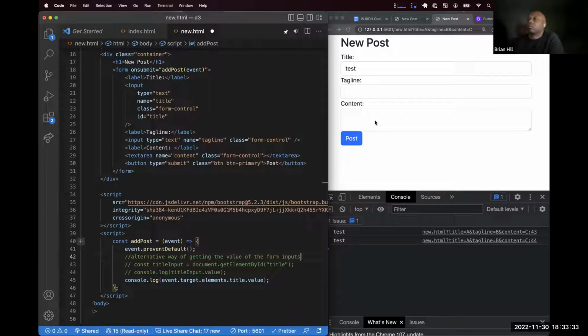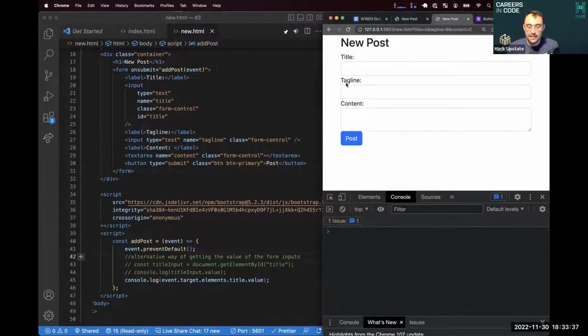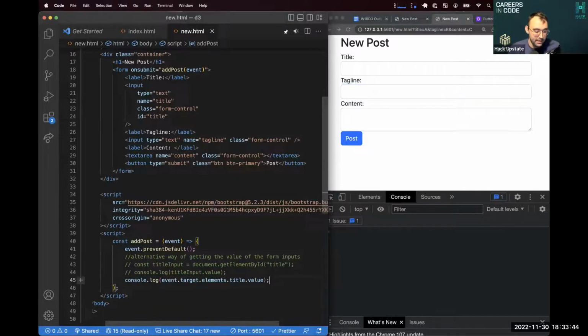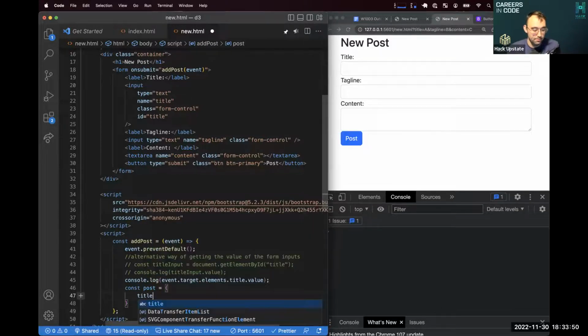Maybe objects. We're going to use an object, right? Because we already have some pretty clear key names, and the values are going to be whatever gets typed in. So I'm going to come down here and I'm going to say my const post is going to be equal to a new object. The title is going to come from the